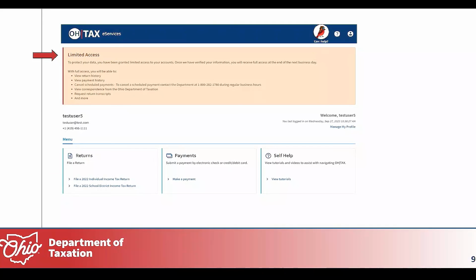You are now registered for the OH Tax e-Services account and will be redirected to your OH Tax e-Services dashboard. You may see a message indicating that you have limited access to your account while the department verifies your information. For more information about all of the features OH Tax e-Services has to offer, please visit